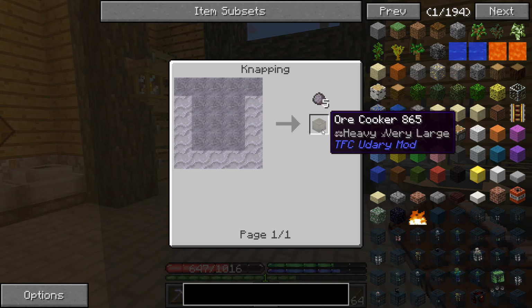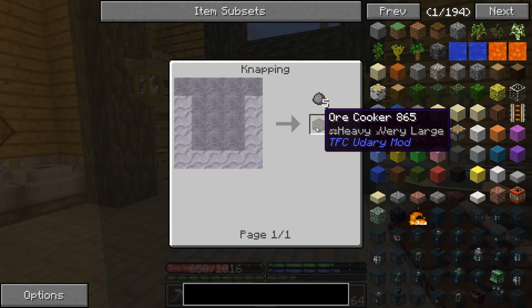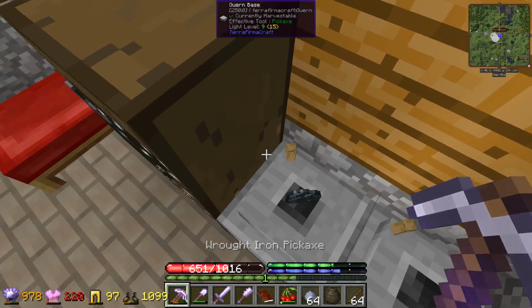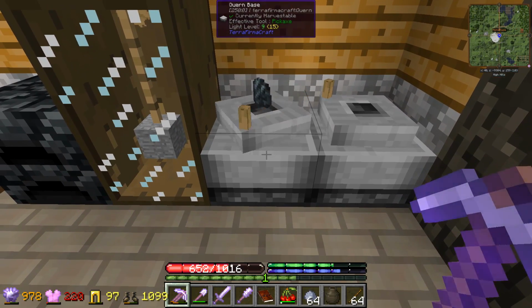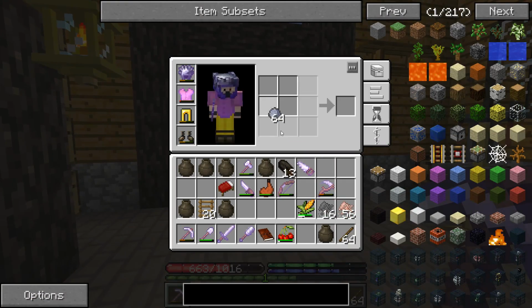It's Udary. TFC Udary mod. Udary? Is that how you say it? I don't know. It's some kind of crucible thing though, so I guess let's try to make that. So it's graphite and kaolinite. You gotta grind down those 2 ores and get the powders, and then...